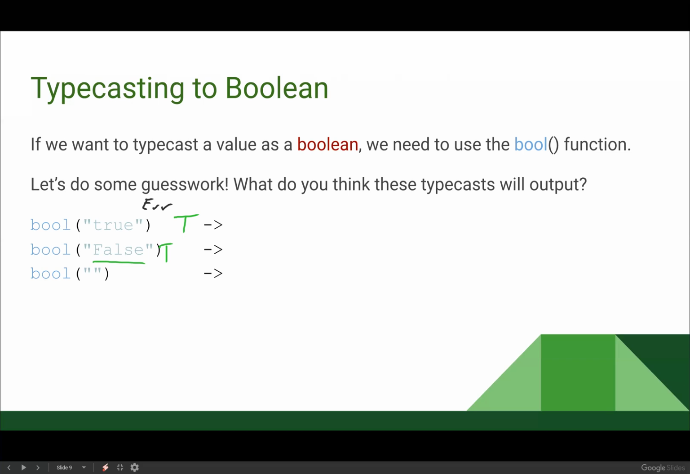All right, and then our last one, what do we think we will get if we typecast an empty string as a Boolean? False. All right, here we think we will get false. Any other? You all agree with false? All right, and our answers,